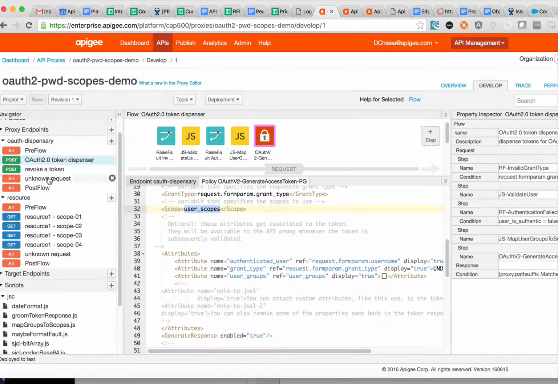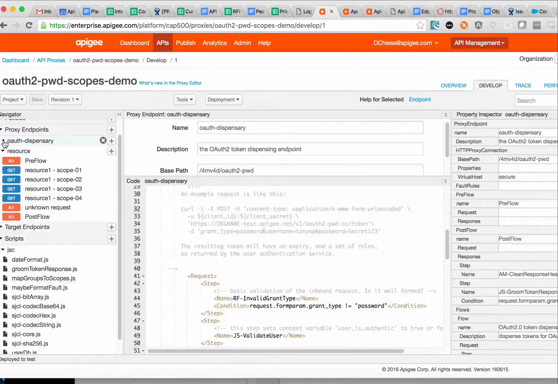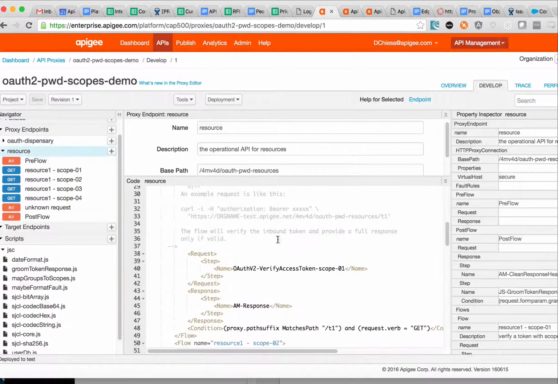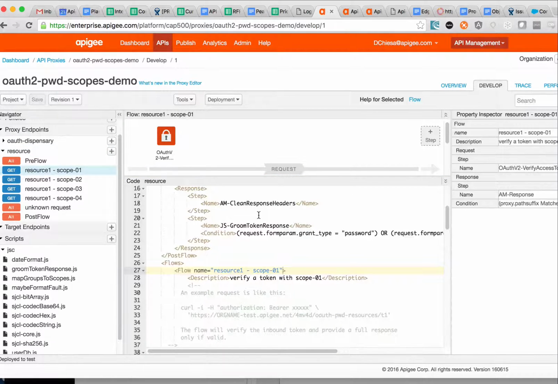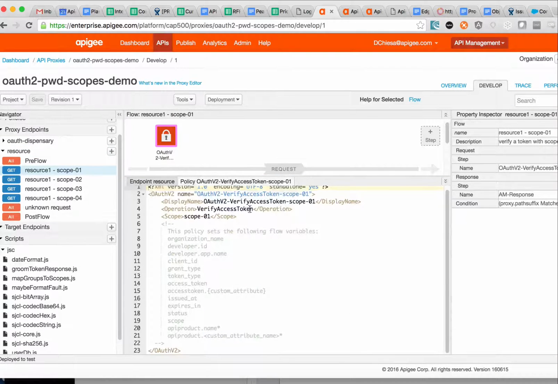You can modify this to insert an LDAP lookup or an Active Directory lookup or some other lookup for the user authentication. The second endpoint in this API proxy is what I'm calling the resource endpoint. That's the thing that's going to verify tokens. So I've got a number of different flows here, each one verifying a token with a different scope. So let's have a look at this one. This one verifies a token that has